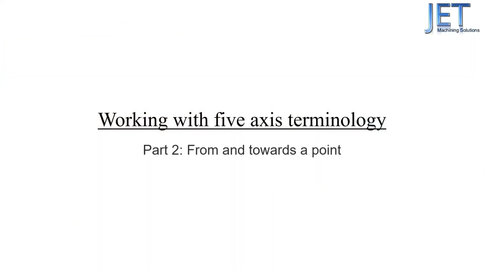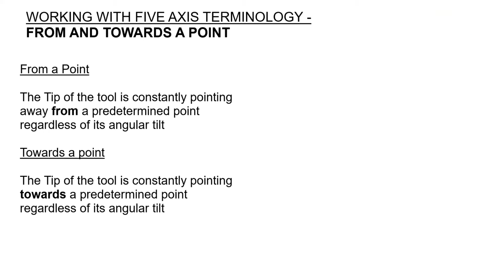Working with 5-axis terminology, Part 2: From and Towards a Point. So firstly, let's look at a definition for using a point to control our 5-axis motion. From a point is where the tip of the tool is constantly pointing away from a predetermined point regardless of